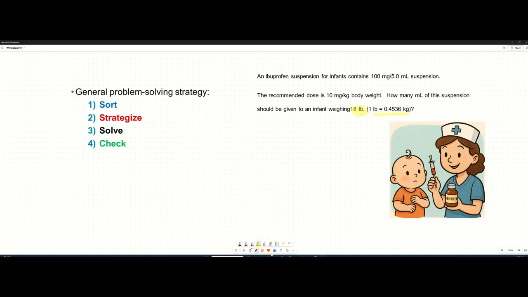The first thing that I'm going to do is calculate that. So number one, convert pounds to kilograms. The infant has 18 pounds, and I know that 1 pound is 0.4536 kilograms. So now I can cut off pounds over here, and I'm going to multiply this by this, and I'm going to have